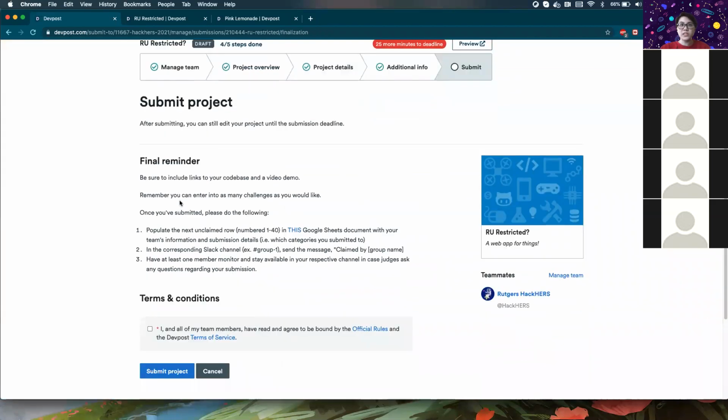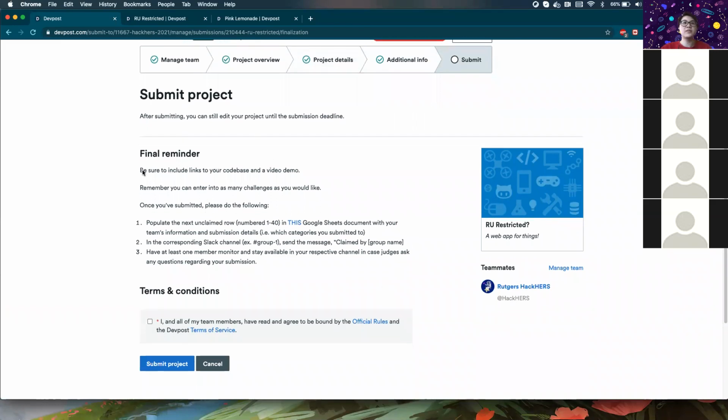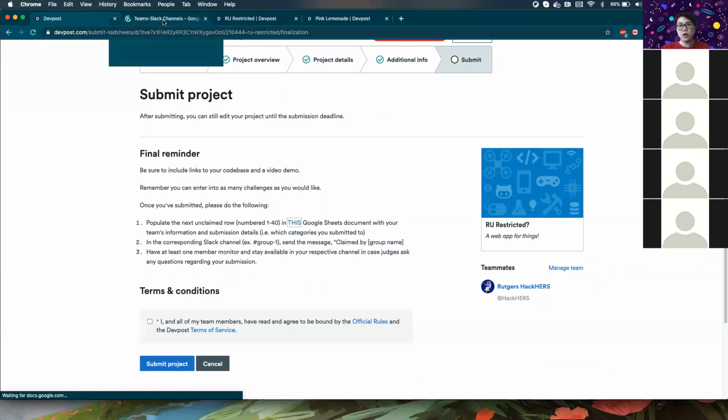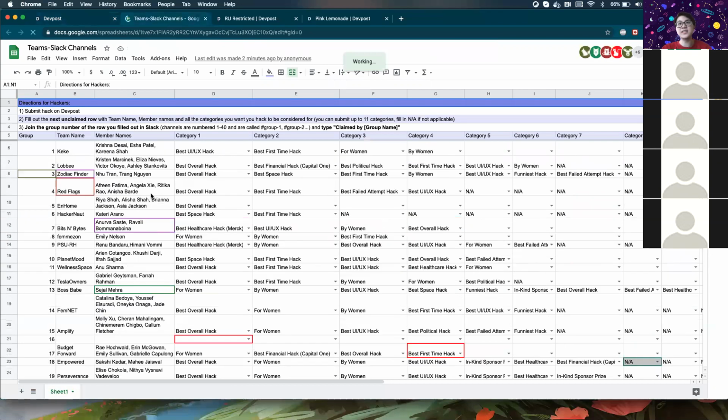And then once you're done, this is one of the parts that makes judging easier. So these steps are important. So after you've done this, you have included the code base and video demo, and you can enter as many challenges as you like. So you're gonna go to this Google Sheets document, and this has all the teams. And the way